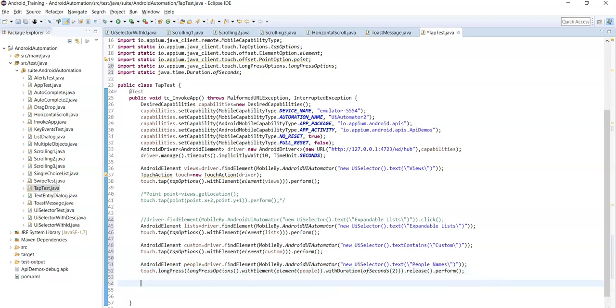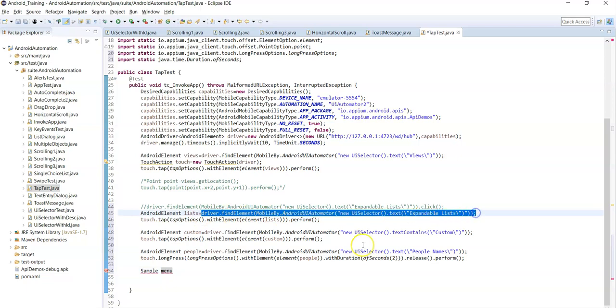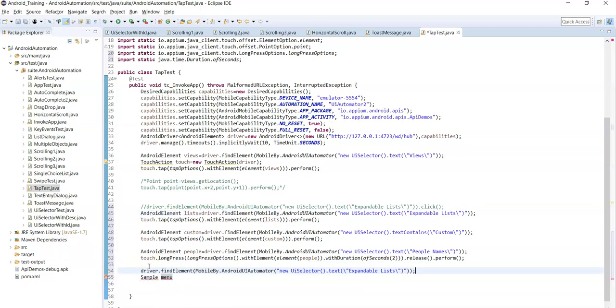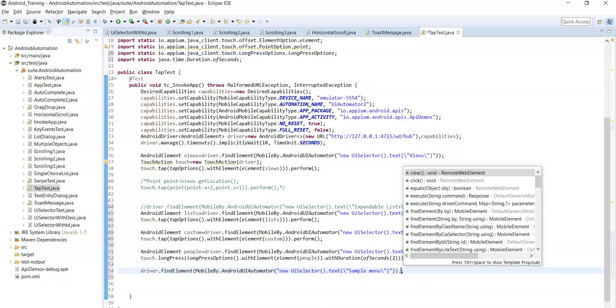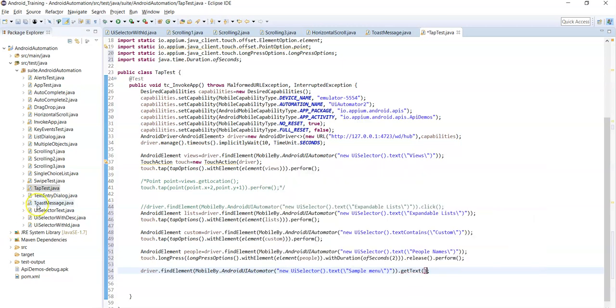Okay. Sample menu. And then here we need to get the message using the get text method. So now it returns some message, right?